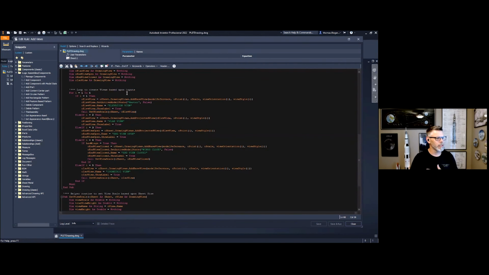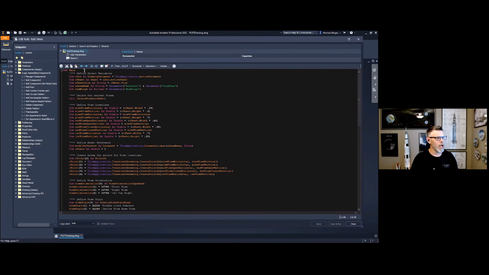Another routine that I'm doing here is, every time I want to generate views, if I need to regenerate a view for some reason, maybe the model reference changed, or if I use this at a template level and leave this code there, I can quickly generate numerous standardized drawing packages, even though the model reference might be different. I want to make sure that I'm removing any of the previous views that are there, so that I can generate and place new views if the information has changed for some reason.